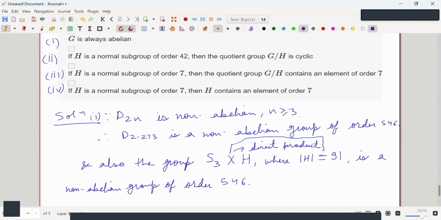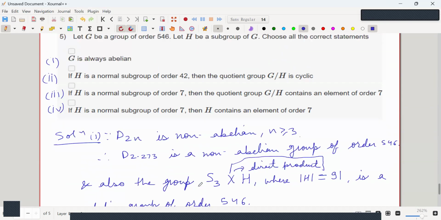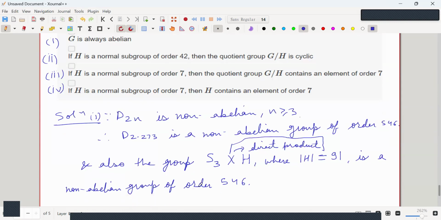This 91, you can just simply take Z91 also. So H can be abelian, non-abelian, anything, but one factor is non-abelian, so the group will be non-abelian. Okay. So now,